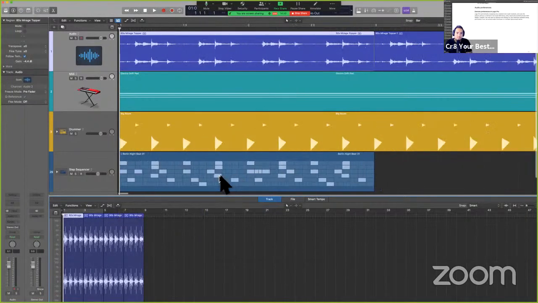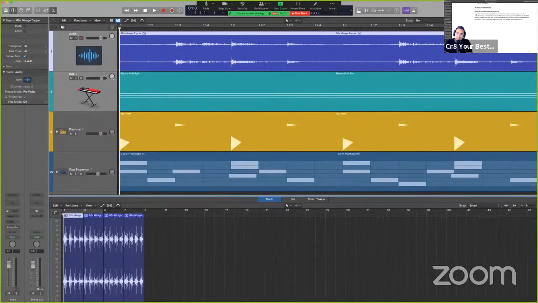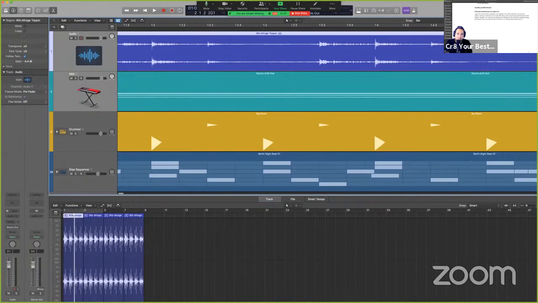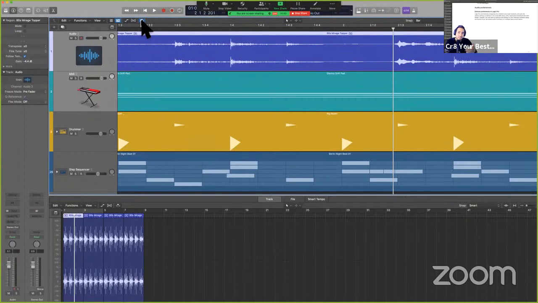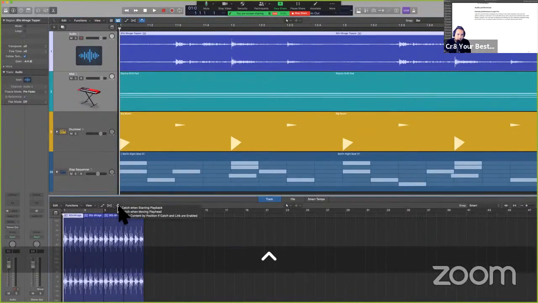So catch is the behavior where when the playhead is outside of the screen's boundaries, it basically updates to show you what's happening in its current state. So as of now, when this playhead moves away from the screen and onto other things, we're still looking here, right? It's not until I hit catch that this updates and shows me the current data that is being played over, or that is under the playhead at the moment, right? And so that's fine. But when we look at this tab here, it says catch the content if catch and link are enabled. So link is almost a